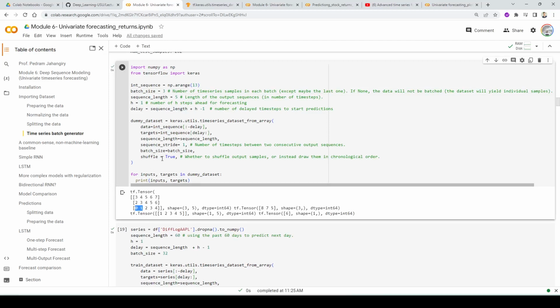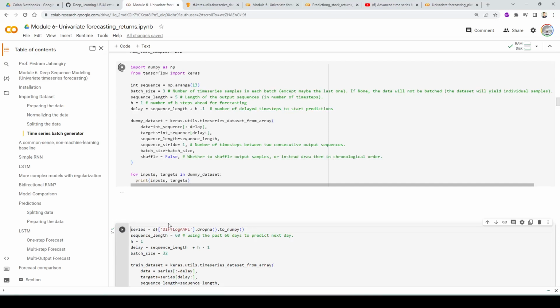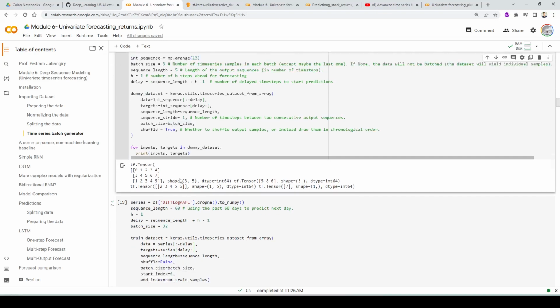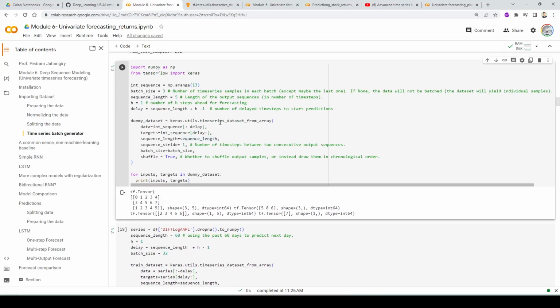So if I put shuffle equal to false, it's going to start from 0, right? 0, 1, 2, 3, 4, 1, 2, 3, 4, 5, 2, 3, 4, 5, 6, right? If I change shuffle to true, it's going to go ahead and shuffle these time series, right? Between time series, it's going to make the shuffle. Within a time series, obviously, it's not going to shuffle because it doesn't make any sense. All right, so now that we know how this time series dataset from array works,